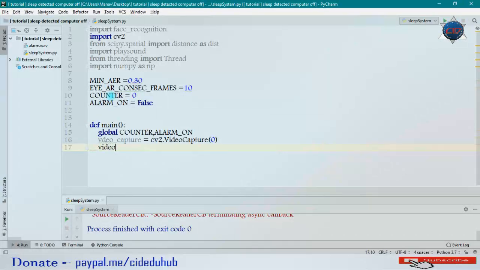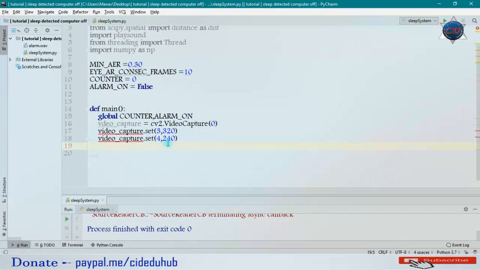And now I'm going to set the video capture resolution. I'm going to set the width to 320, and also the height, so I'll pass 240 for the height.